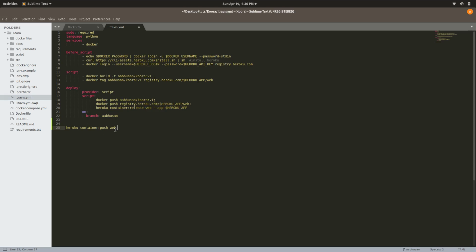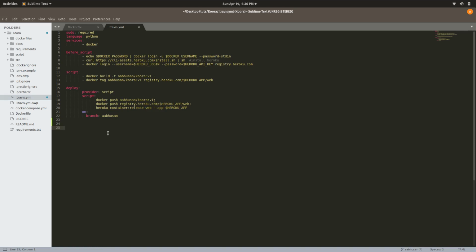Build that Dockerfile and push it to the Heroku Docker registry. So the work of this command and the work of the docker build command is somewhat similar. Yes, but I am a bit more comfortable using Docker, so I have used docker build and docker push to the registry. So you can use any one of these. So yes, in this way I have implemented it, and now let me show you the demo.